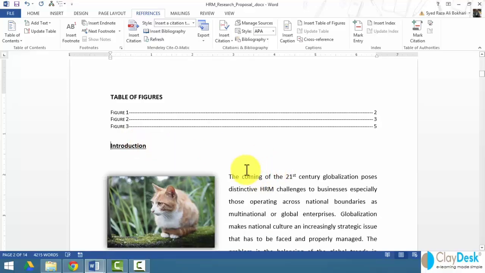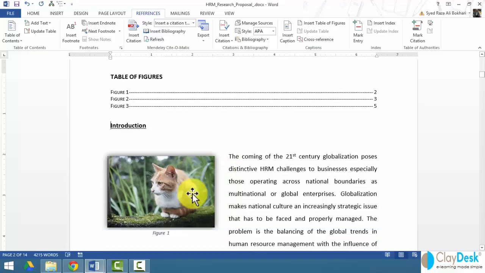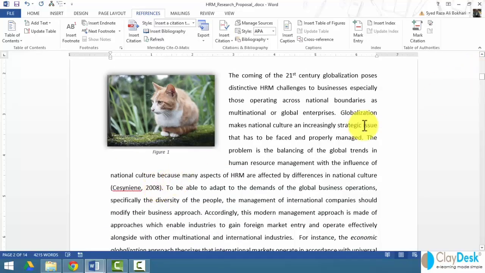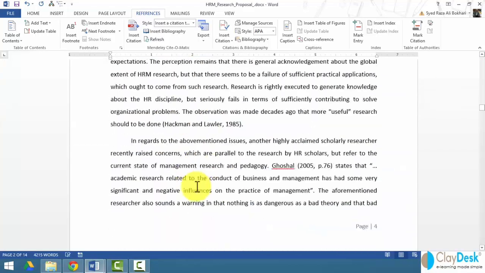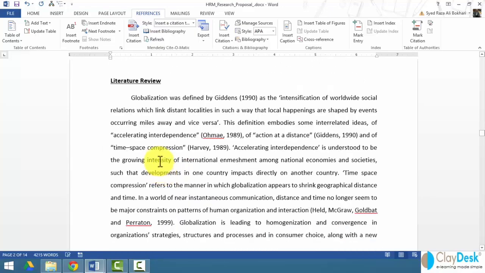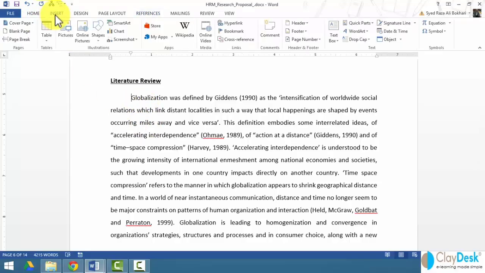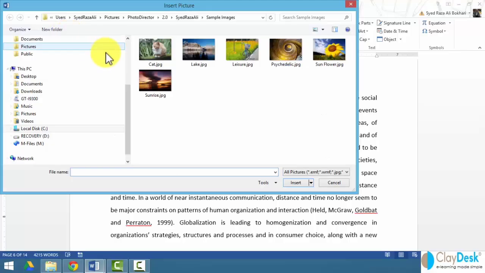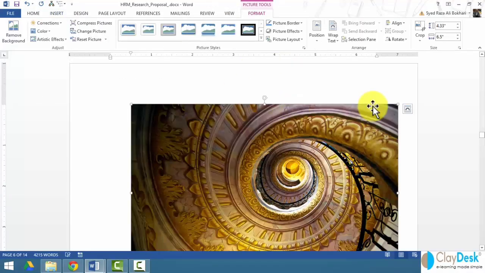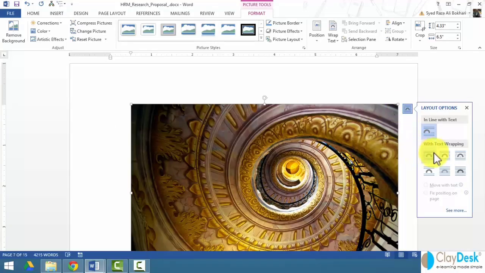Okay. This way, it's now going to update automatically. So for instance, we have 3 figures, right? Figure 1, figure 2, figure 3. Let me scroll down, okay, a couple of pages down here, my next heading, and I'm going to show you something. So here, for example, I just remembered that I'm going to insert another picture. So do the same exercise again, insert, and then go to picture. How about this circle of stairs here? Okay, do some quick formatting